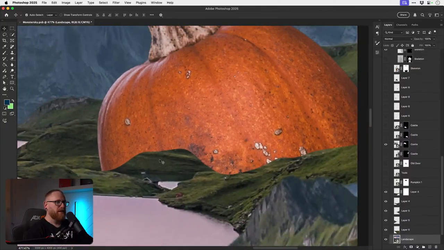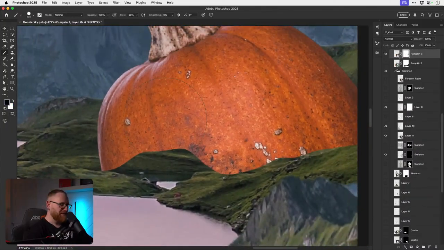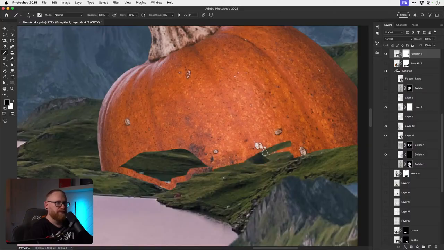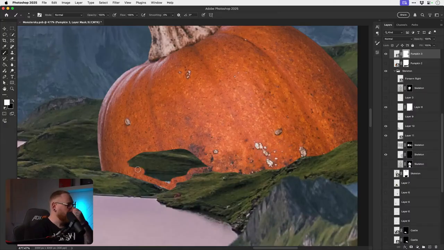But this is a really good way to fit things into the landscape. If you want to Frankenstein your landscape, you see the geometry here? Just work it around the existing geometry. So I'm just going to go around here, and then what about here as well? Something like that. It just makes the whole thing look more believable, as if before we even start compositing and all that nonsense, we're actually just fitting the pumpkin into the landscape.